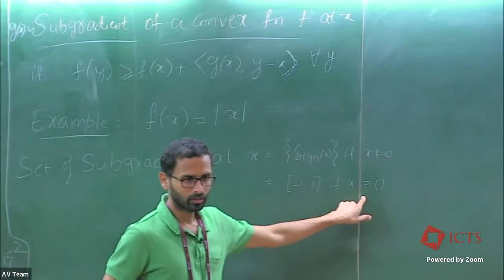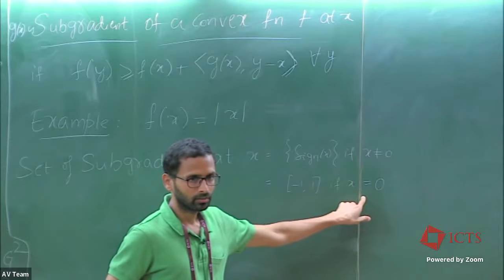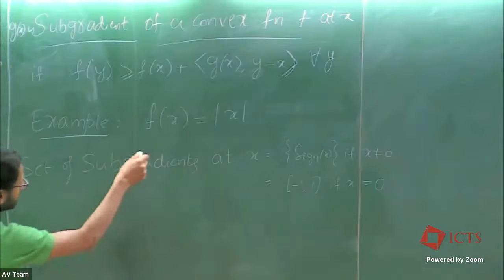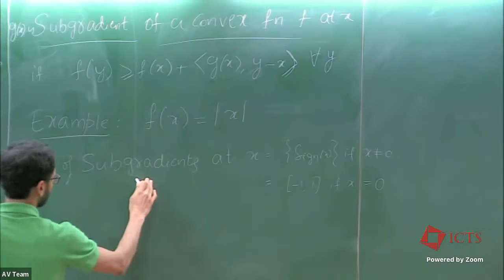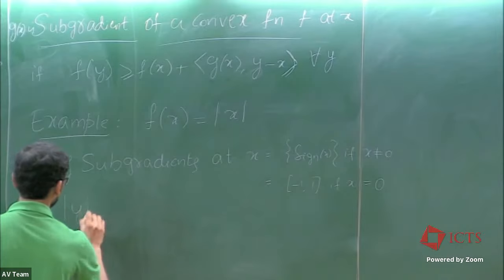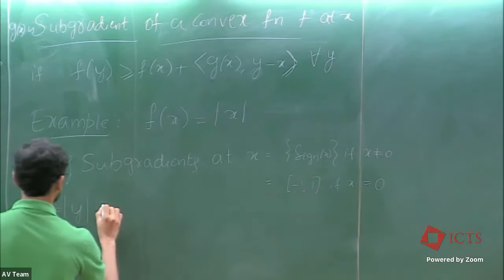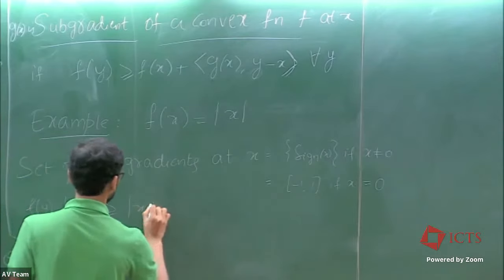The inequality implied by this is the following: mod y, which is f of y, is greater than or equal to mod x, which is the function value at x,